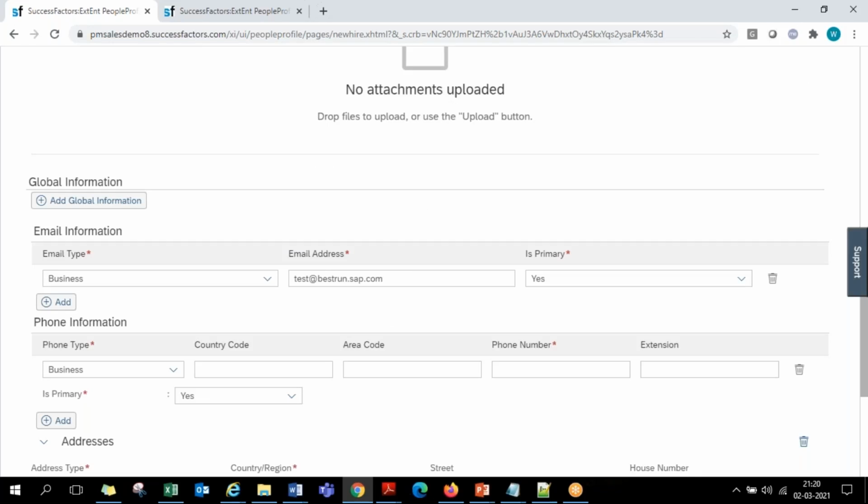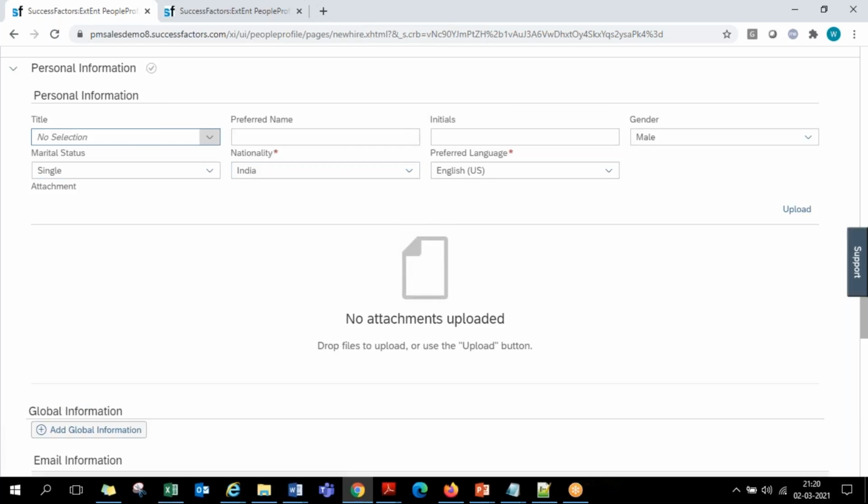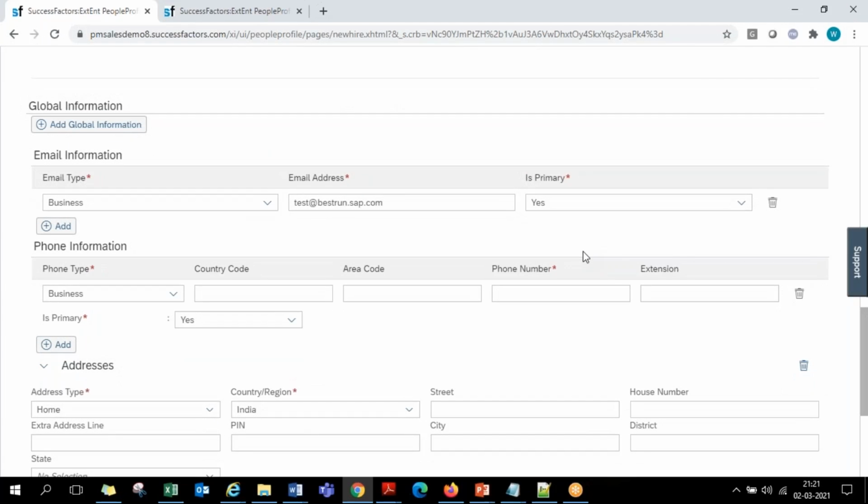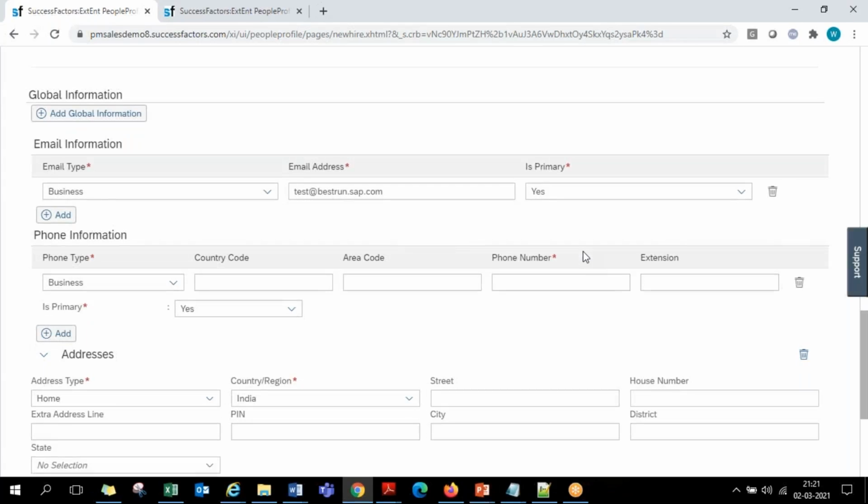Even after the employee hiring has been done, later on if you want to add it, you can still add it. At the employee hiring level, we can skip it. So under personal information, except these initial 6 to 7 fields, all other areas will be completely optional. So that are not mandatory that you are required to fill now. Even after the employee's record has been created in the system, later on also you can come and update. Those are like employee email IDs, phone numbers, address details, dependent details, all such things.